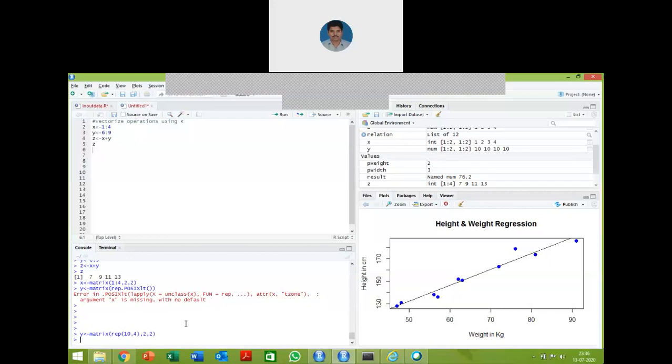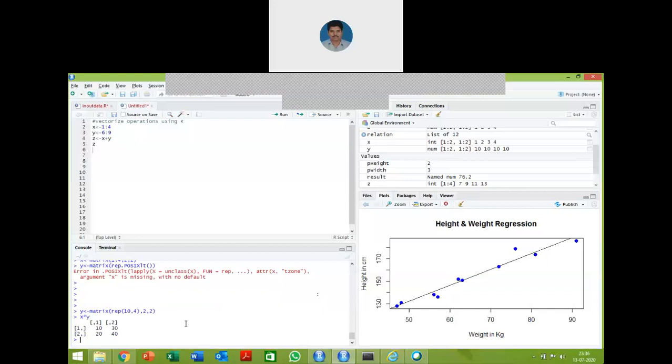Then you can perform any type of operation: x into y to show the multiplication of two matrices, x divided by y for division of two matrices, x plus y for addition of two matrices, and x minus y for subtraction of two matrices.